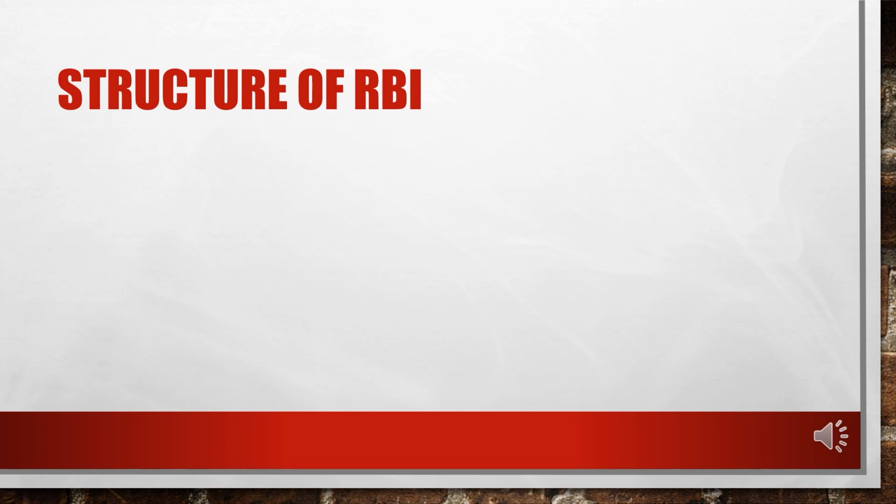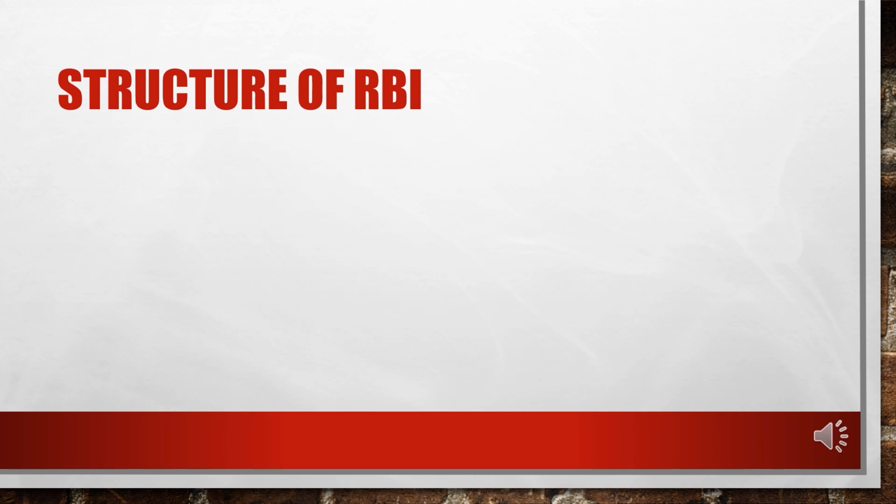Let's start with what we mean by RBI, when it was established and the structure of the organization, and then we are going to move to the functional part. Whenever we talk about RBI, as I already told you, the Reserve Bank of India is the central bank of the country. It is the center of the Indian financial and monetary system. All financial and monetary mechanisms work with or start from RBI, the apex body which takes care of the monetary and fiscal aspects of this country.